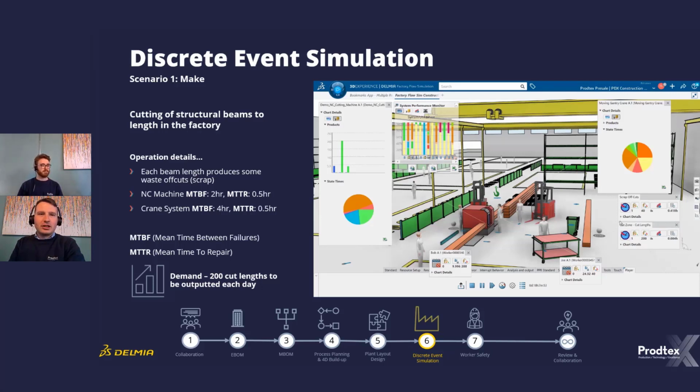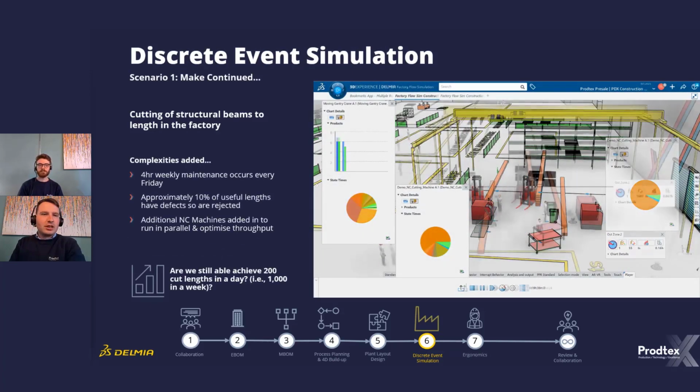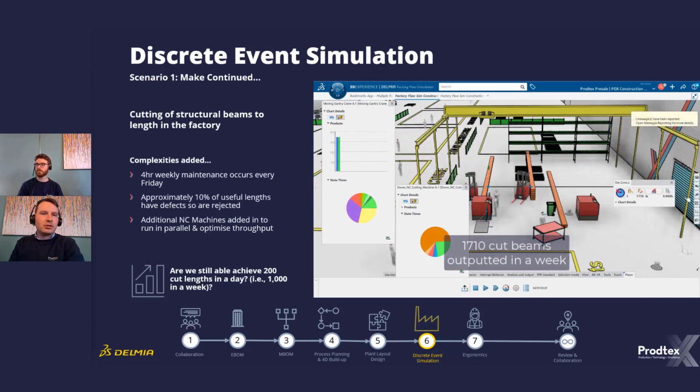And we have had new information from our team that there will be some new complexities, including a 4-hour maintenance downtime, which will be required once a week in order to reset and repair all of the machinery and the lifting equipment. We've also had news that some of our cuts are likely to have defects, and as a result they are likely not to conform, which will cause us to fail to meet our demand. And so if we move on to another scenario which we have simulated using 2 NC machines as opposed to 1, which can basically